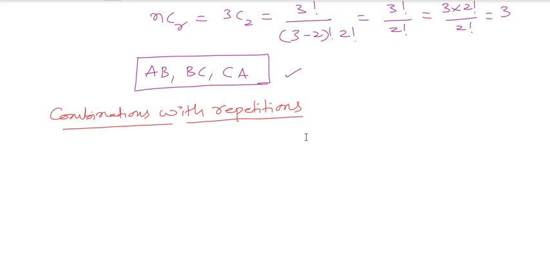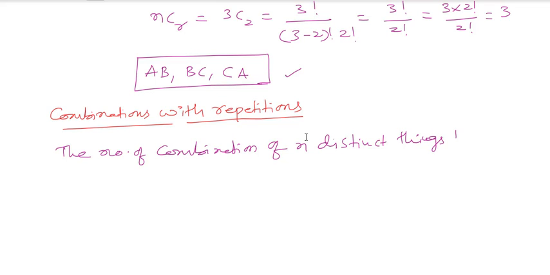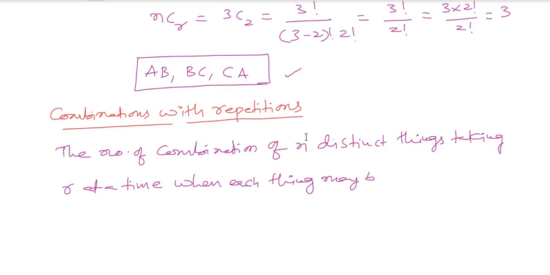If I go with it, what you will have there again is the number of combinations of n distinct things taking r at a time, when each thing may be repeated any number of times, can be given as